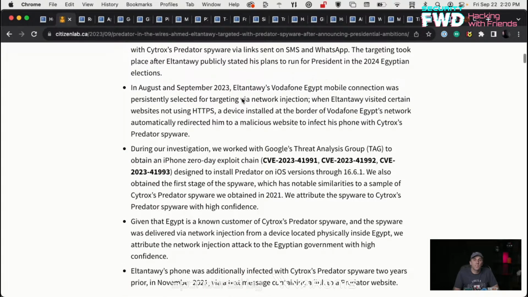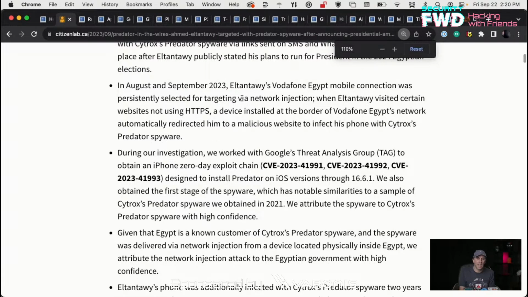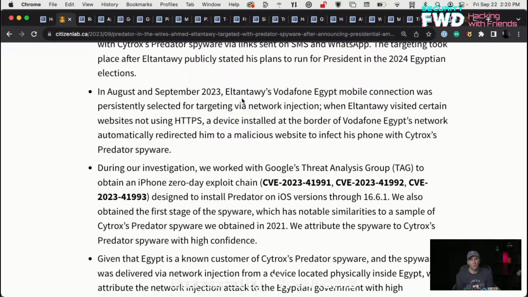And what's particularly interesting here is this was a state-sponsored attack. And let me go into what the difference is between a state-sponsored attack and, well, let's be honest, almost all the time, a state sponsor is the one behind purchasing this mercenary spyware and deploying it. But what's an interesting indicator here is that anytime this particular person attempted to navigate to a website that